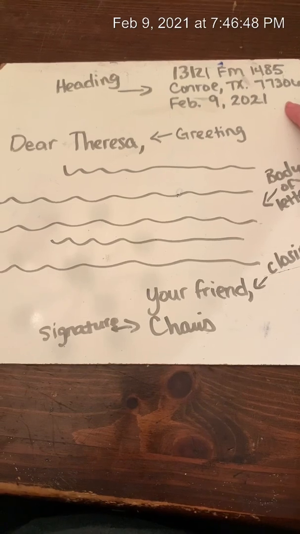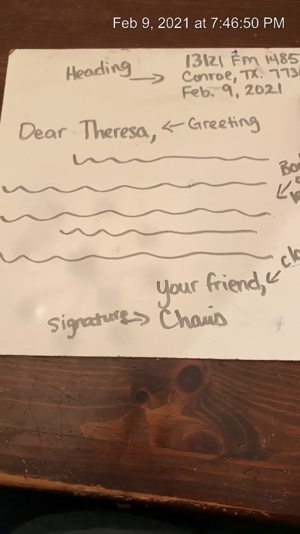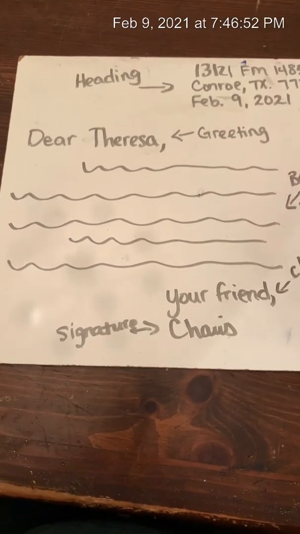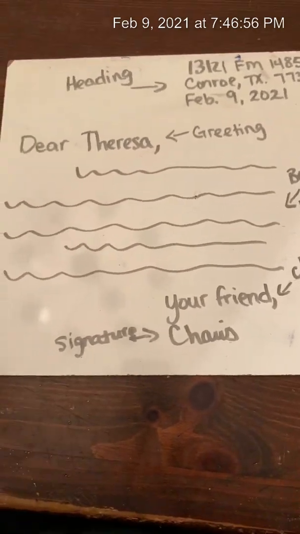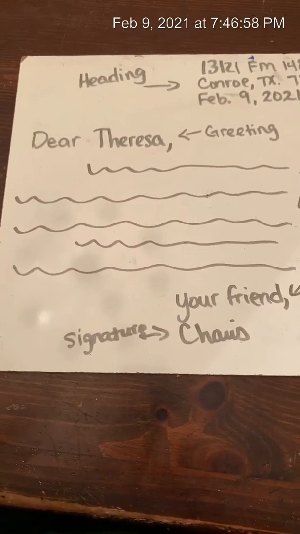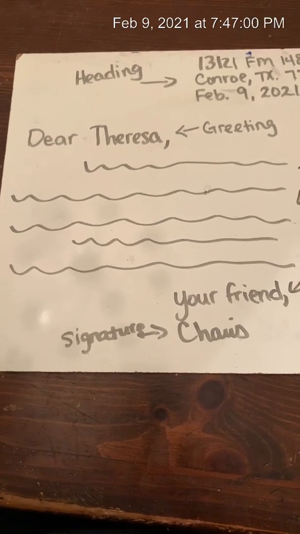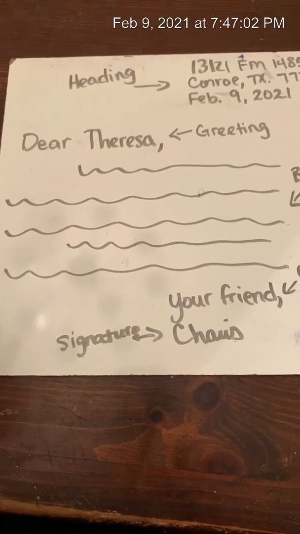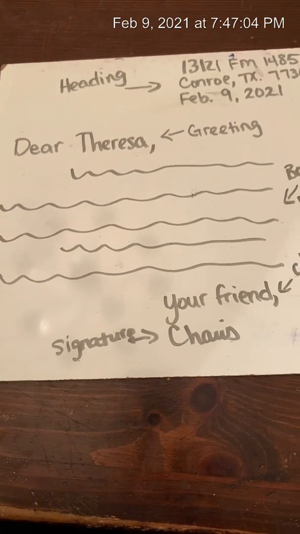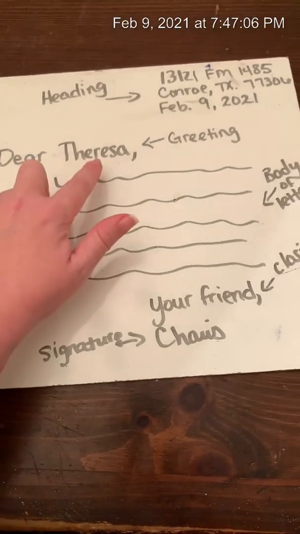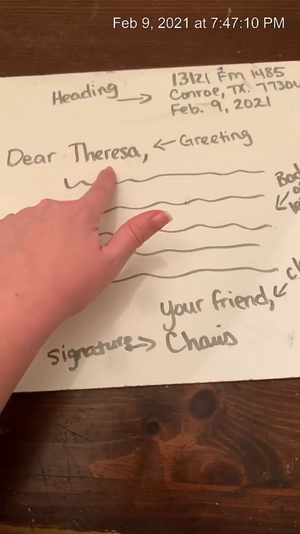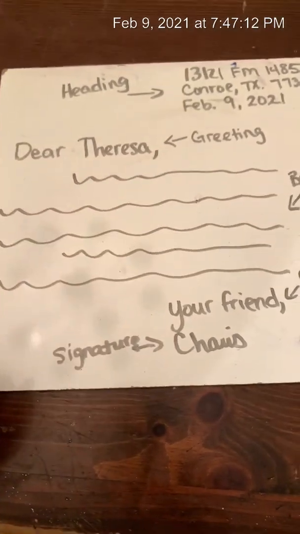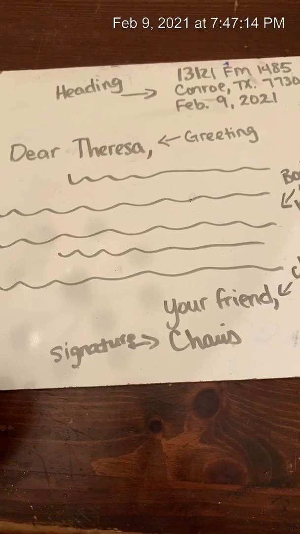After you have done your heading in the right-hand corner, then you move down to your greeting. Now, your greeting is the way that you show who this letter's for. Okay, it greets them by name and in a respectful way. So I have a friend named Teresa. Say, "Dear Teresa," and then I put a comma, okay? You might say,